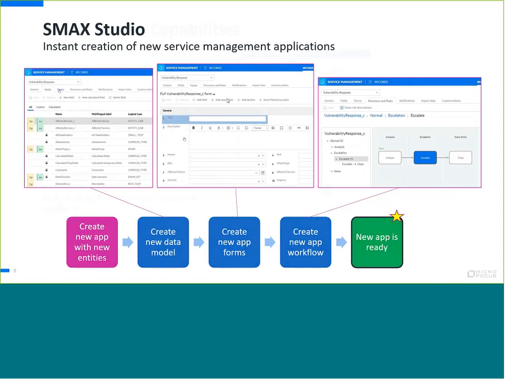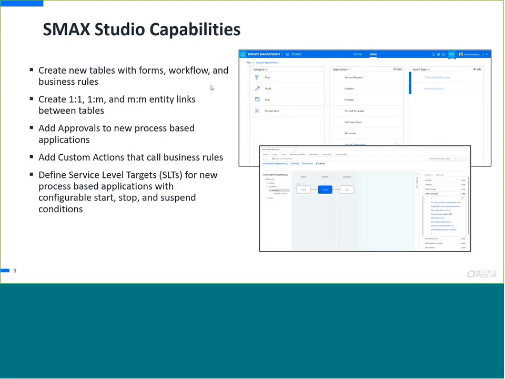So there are a few capabilities that we're introducing as part of Studio with this release. One is the ability to create new tables, including the forms, workflows, and business rules that go along with that, including the ability to create links between the table that you're creating and other entities in the system, other record types. You can add approvals onto your process module. You can create custom actions that call business rules, and you can define service level targets for your module as well. There are some slides in here as backup that go into more detail on each of these. But really what I want to do is switch over to my running system